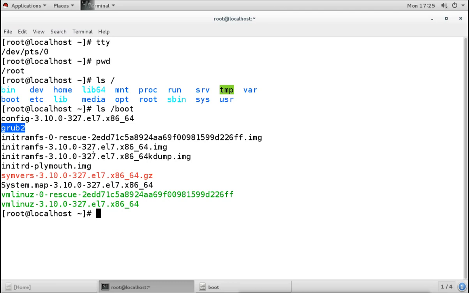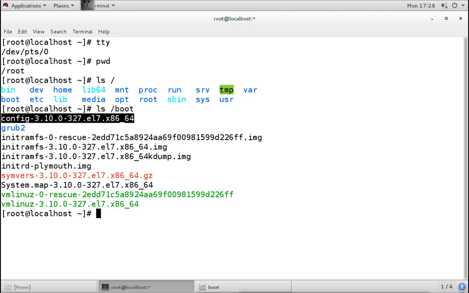For example, we are seeing this black color. Now what does black color mean? If the background is black, it shows in white, and if the background is white, it shows in black.